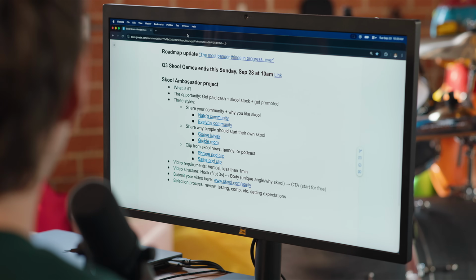Let's go. So that one's just sharing why people should start it. And I would say the big thing there is to include something unique. Goose in a Kayak is unique. Gracie worked, but Gracie with Gracie's mum worked really well. So something different, unique about you. If you live in a van, record outside of a van. If you're a twin, record with your twin. Do something that makes it interesting or unique.